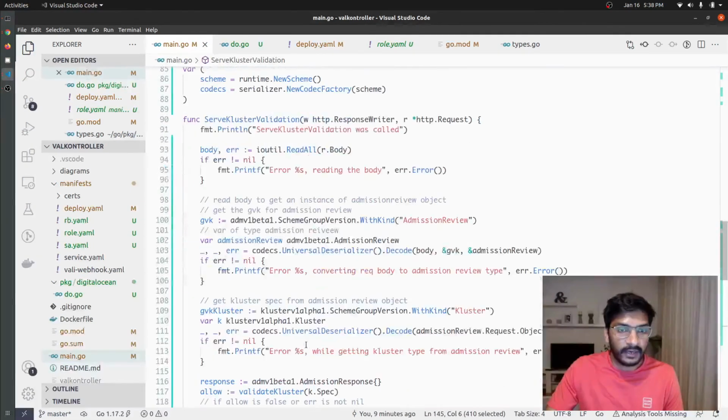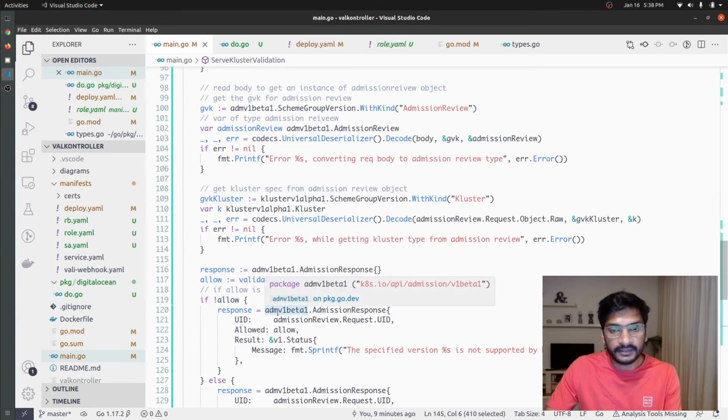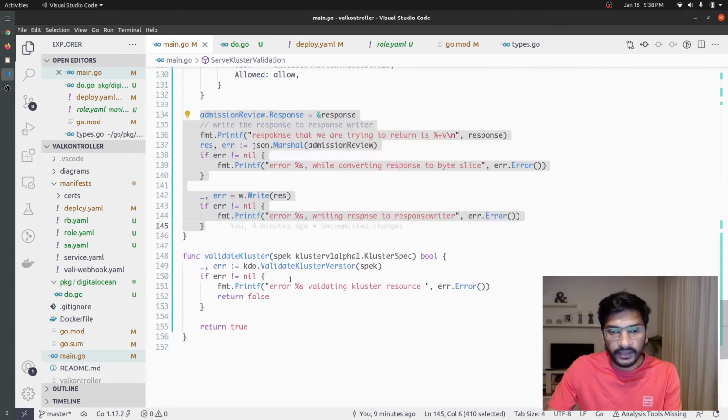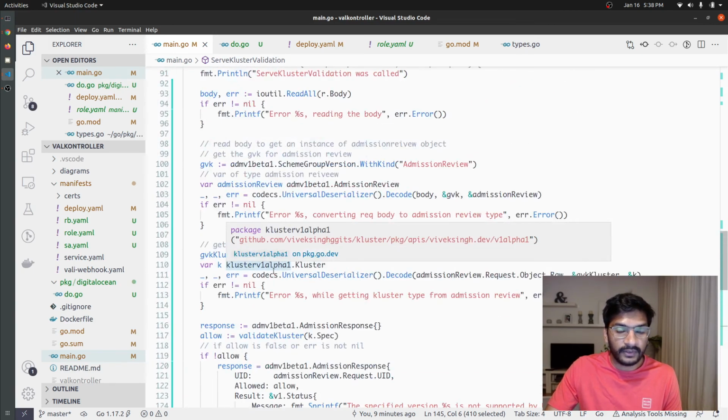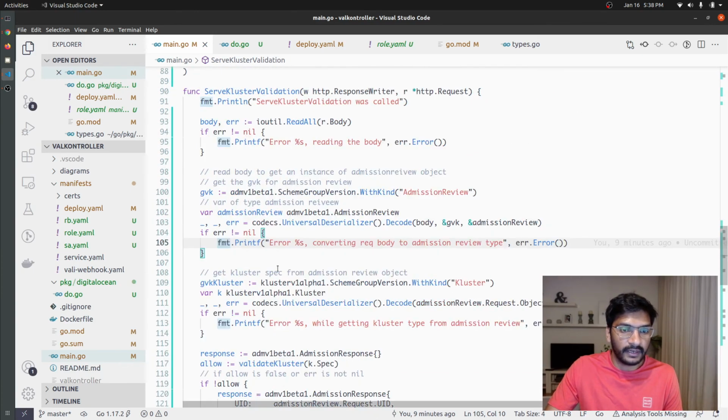One thing that I would like to highlight is, again, like I said, this is not production ready code. We just made it work somehow to show you how things actually happen. This obviously needs better error handling, and you will also have to specify. For example, if we get this particular error,